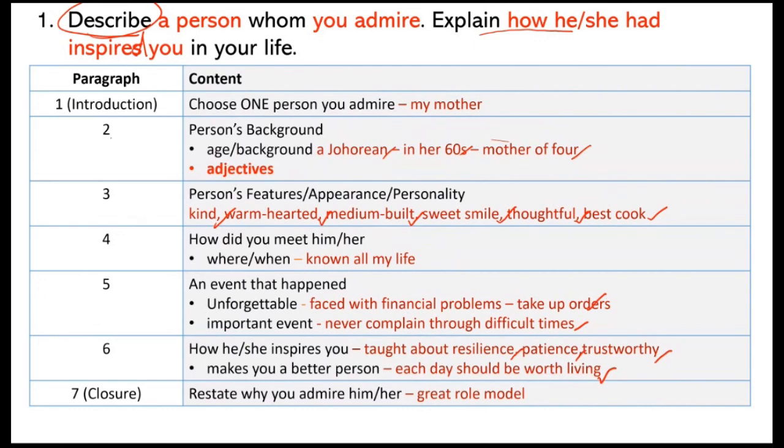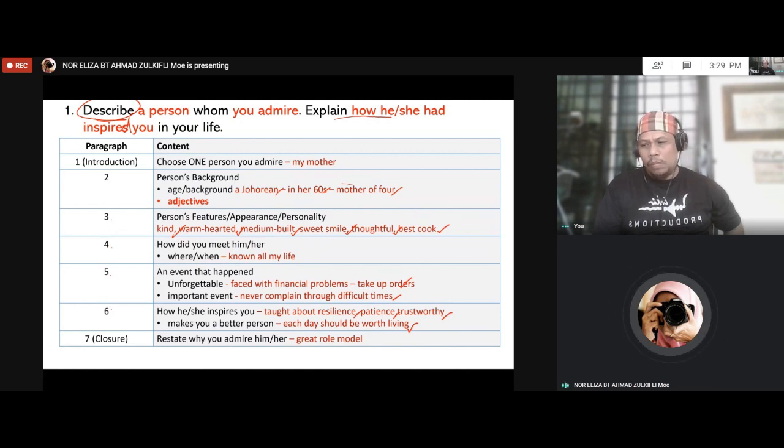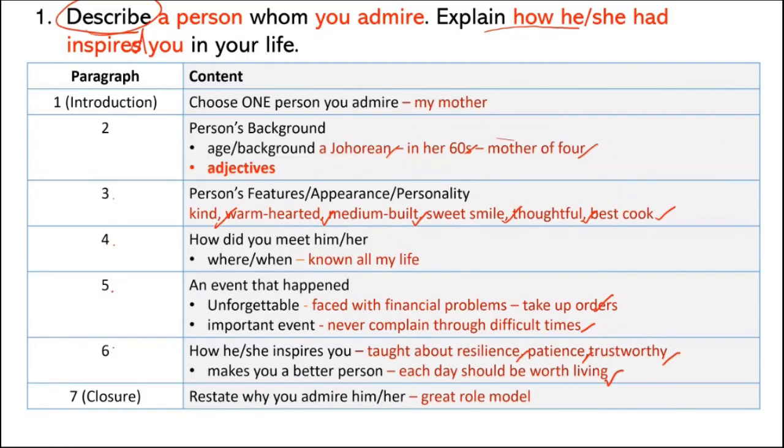Okay, now if you look, I have 1, 2, 3, 4, 5, 6, 7. Ada budak tanya, teacher boleh tak buat 5 paragraf sahaja? Boleh, tak ada masalah. You can write only 5 paragraphs as long as it's enough 350 words and you have tackled the question accordingly. You give the description of the person. You've done that? Good. You have already explained how he or she has inspired you? Good. And inspired you in your life? Good. It doesn't matter whether it's 5 paragraphs or 7 paragraphs. Okay? As long as you have elaborated and you have already answered, fulfilled the task, you should be good.